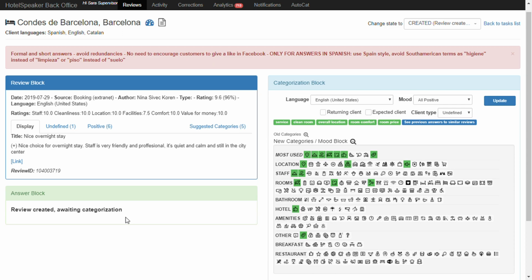Second scenario is, as in this case, some of the icons would have been marked in green or red. But here we still have review created, awaiting categorization. And the third option is that here we would have categorized by and the name of somebody. We would have icons in green or red. And here under answer block, we would see awaiting redactor's answer. As I said,